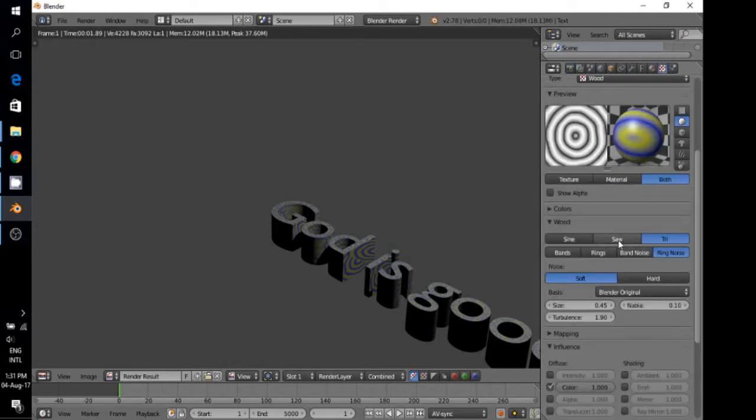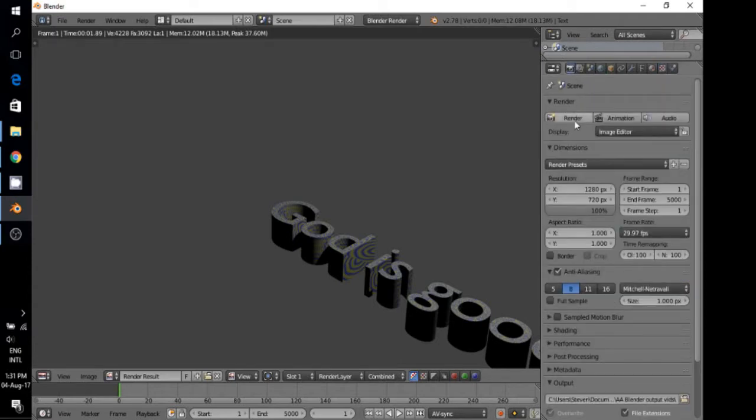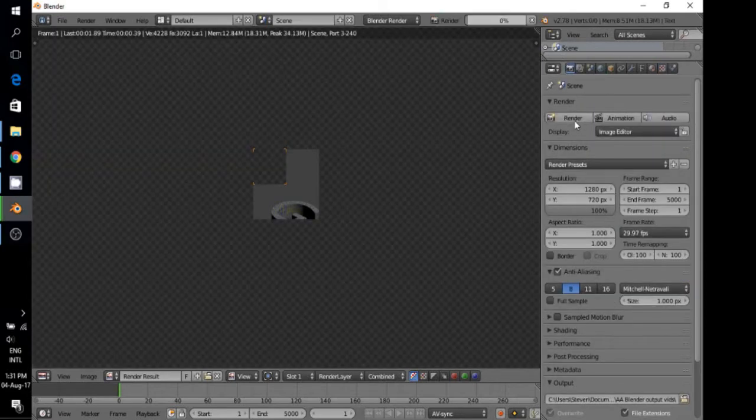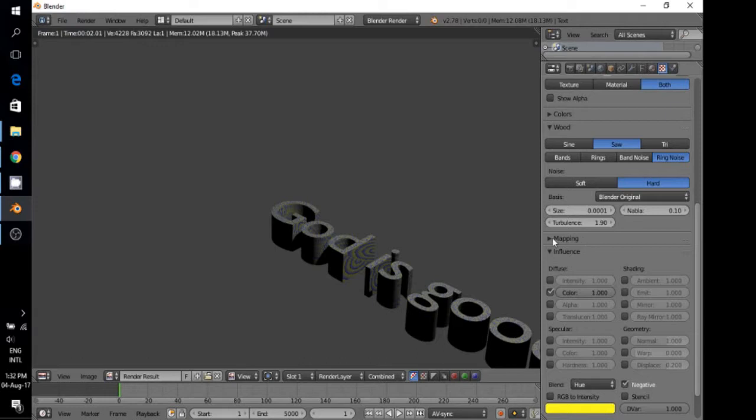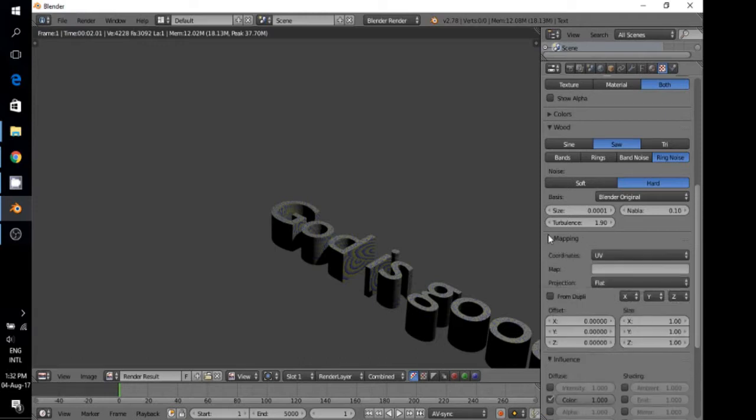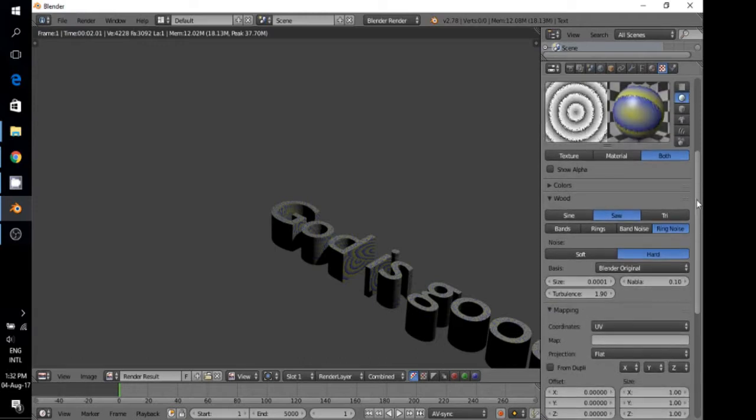For example, saw, hard, and whatever. Go now to the render effect, render. See the wood in the effect there. Now we get to this section here, mapping. Go to the mapping here. If you go to the mapping